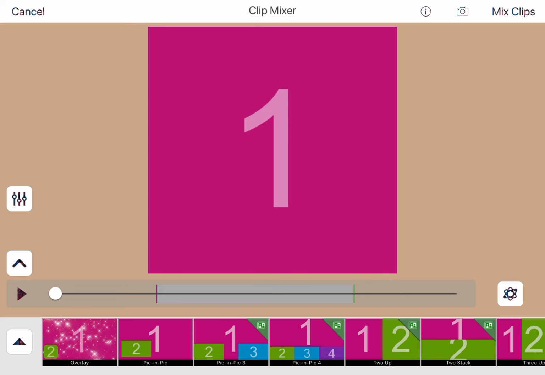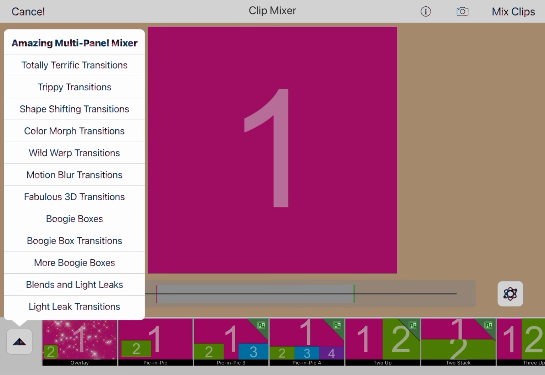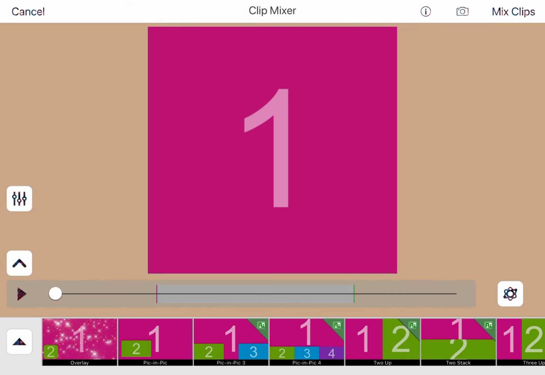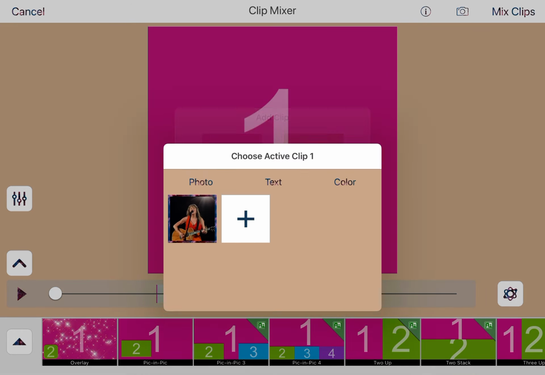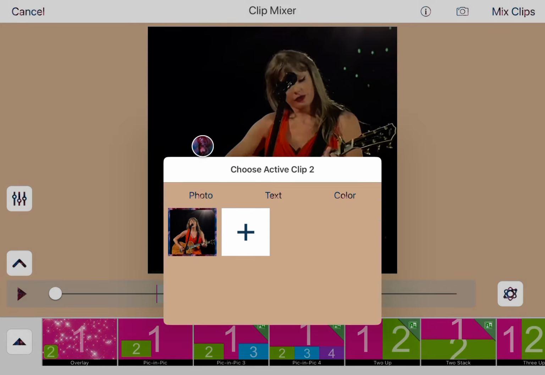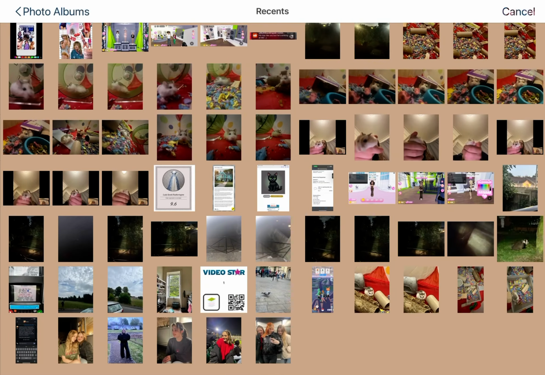Okay. So there's all these categories when you press this up arrow, and each of them has one or two that are free, which is good. So you're going to press to insert, press on the one, click on your clip, and then say I wanted to press two and I wanted it to become